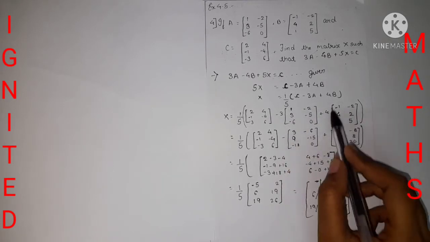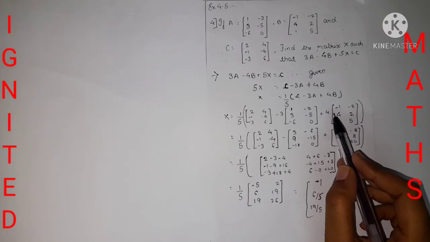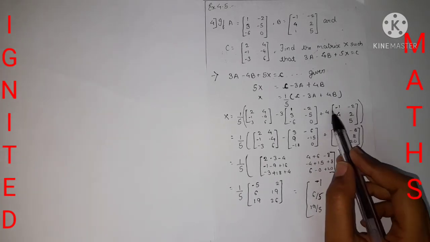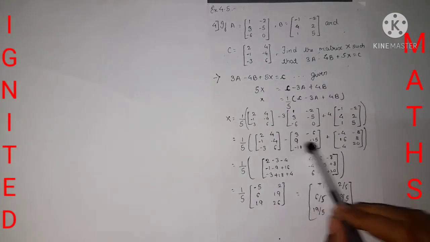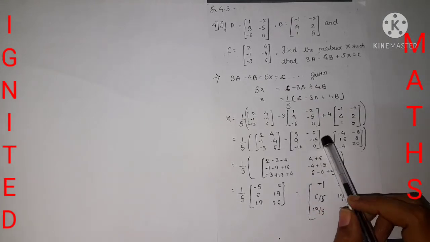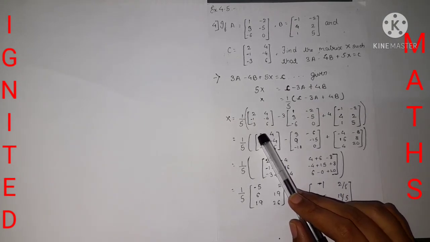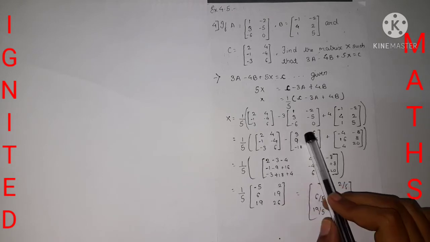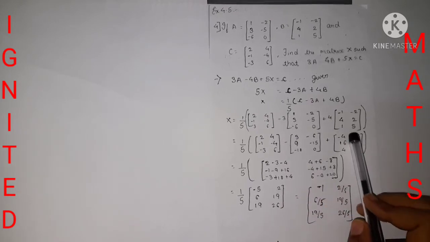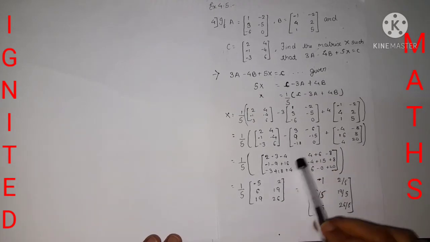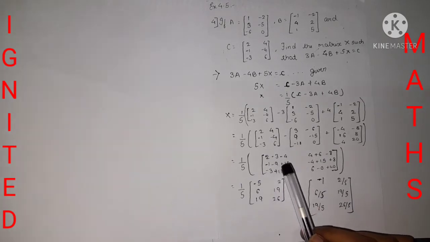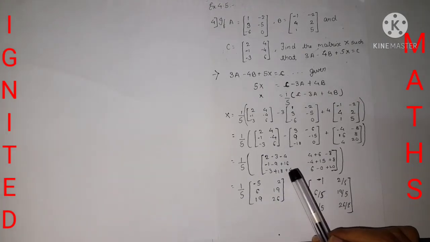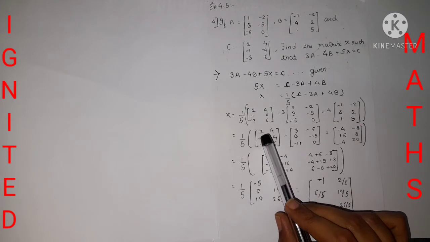Similarly, you need to do the same with the matrix with 4. Do scalar multiplication with the elements. The addition and subtraction, you can see over here, subtraction over here, addition. You need to take the element of this matrix with respect to the element of that matrix. Now I am going to explain for the first element, and the same procedure will be applied for all the rest of the elements.